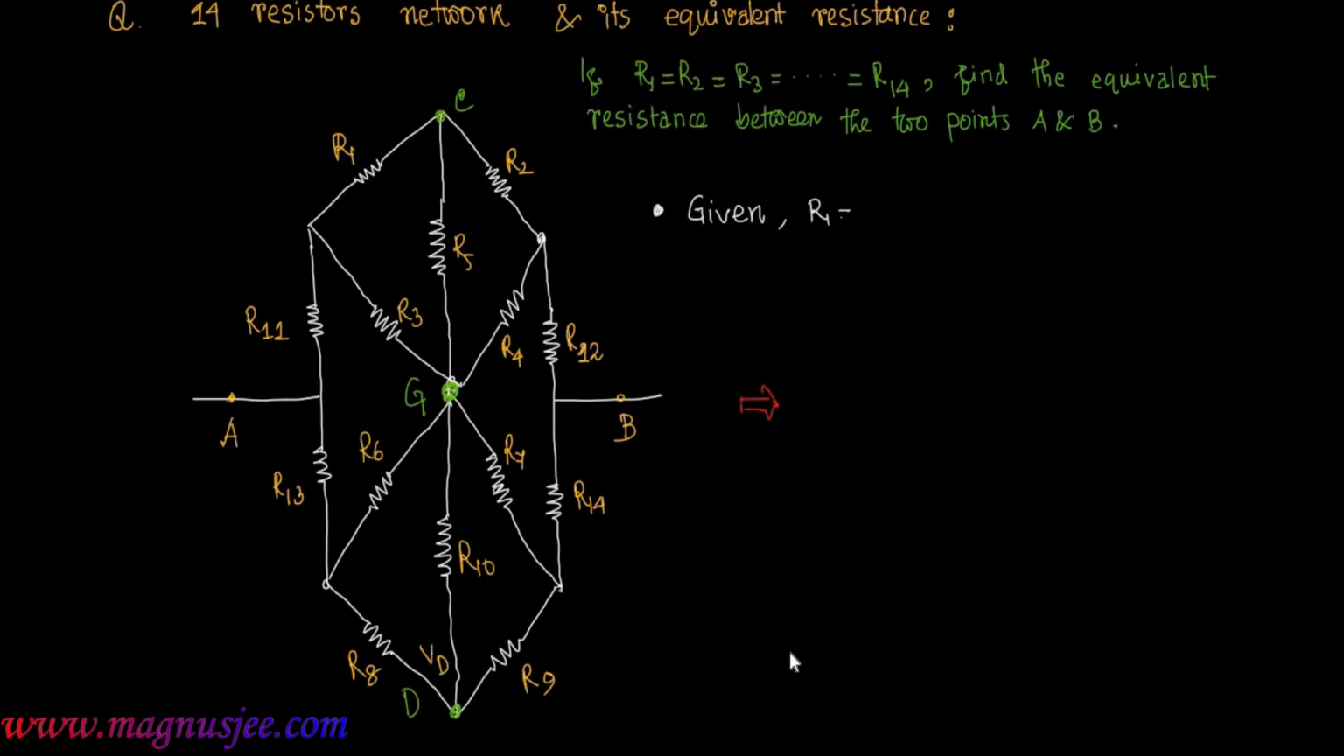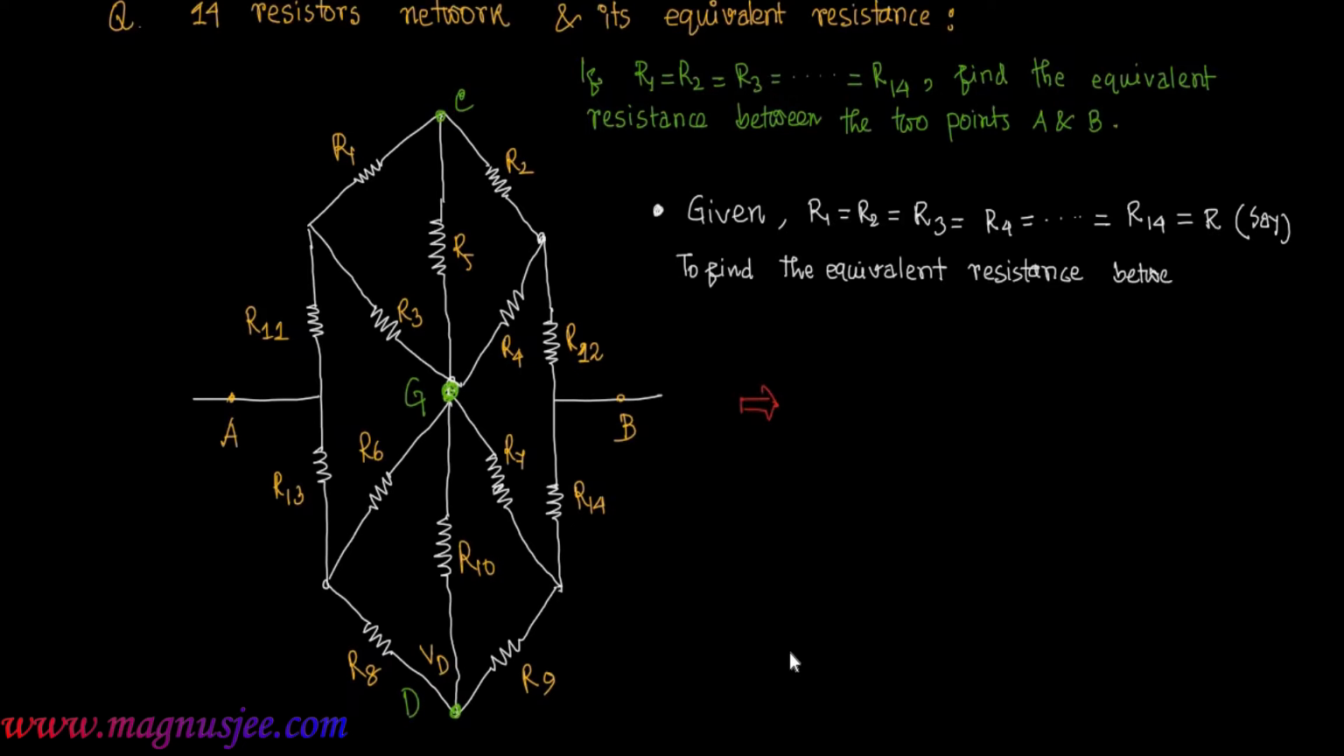Given R1 equal R2 equal R3 equal ... R14 is equal R. We assume that all the resistors have the same resistance, which is equal to capital R. To find the equivalent resistance between the 2 points A and B,